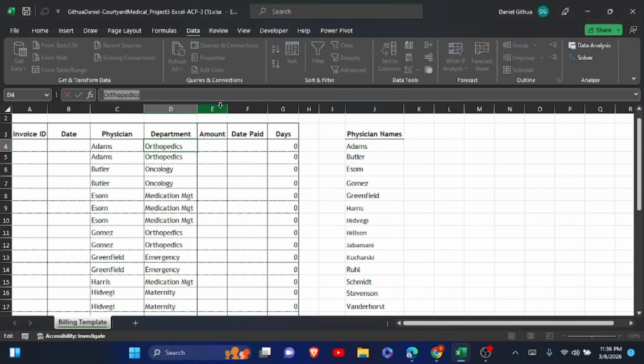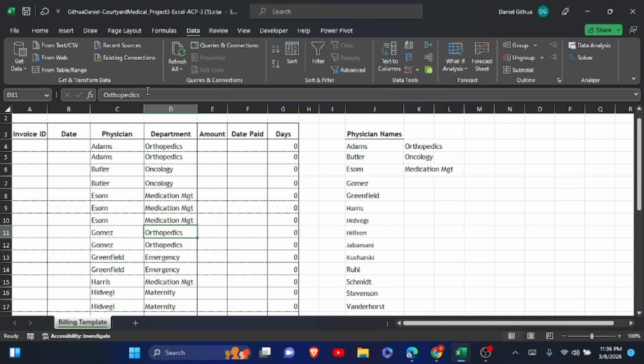You can see Adam is orthopedic. I just click here and I'm going to paste like that, and I press enter. And then you look for this one, it is oncology. Click on it, Control C, click here, Control V, enter. And then this one is medication management, MGT. Click on that one, Control V, go to Gomez and his orthopedics, click on it, copy, Gomez, click on this,